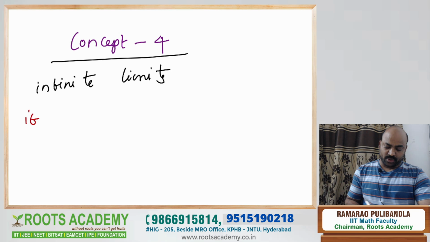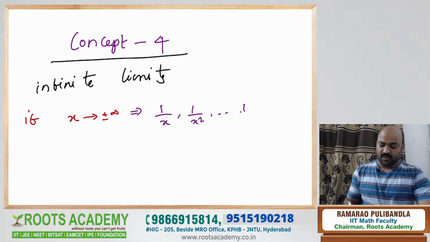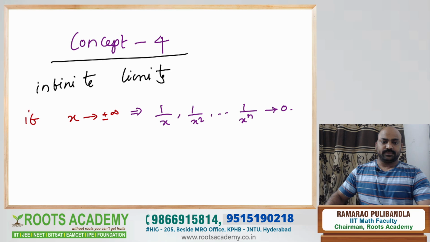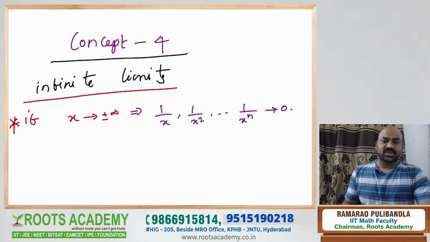If x is tending to infinity, or I can say plus or minus infinity, then 1 by x square and so on, 1 by x power n, will tend to 0. Have you got this? A very, very important point: when x is tending to infinity, 1 by x will tend to 0. The next point is,